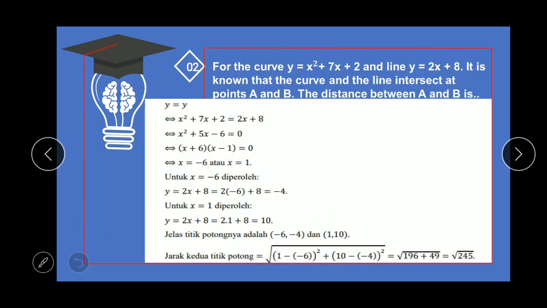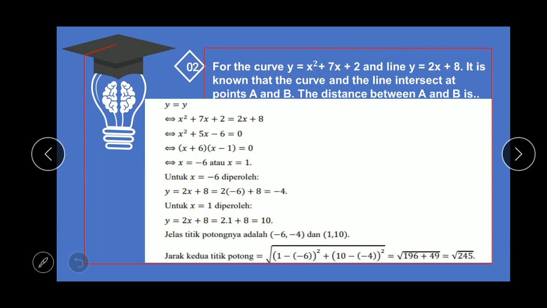And the second question: for the curve y equals x squared plus 7x plus 2 and the line y equals 2x plus 8, it is known that the curve and the line intersect at points A and B. So the question is, what is the distance between A and B? Here we have to remember that